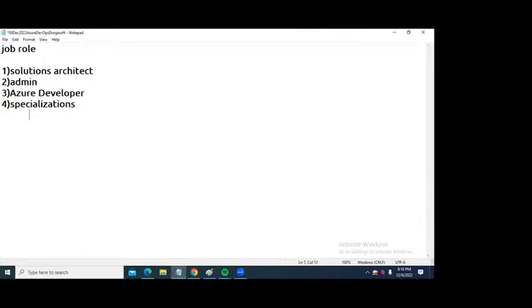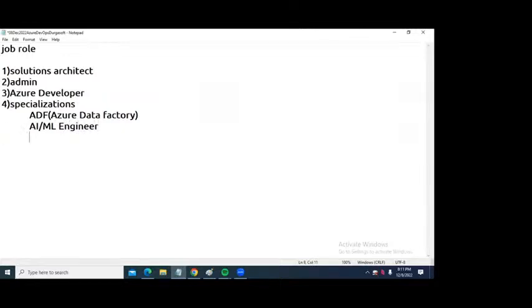So what are the specializations? Generally, this is ADF, Azure Data Factory. The second one is AI or ML engineer, machine learning or artificial intelligence engineer.